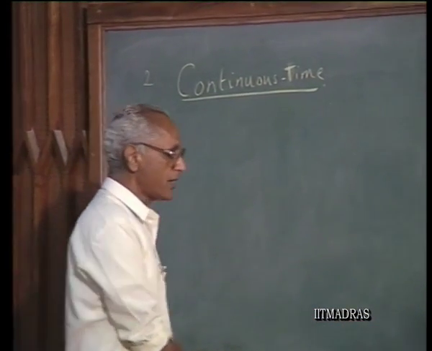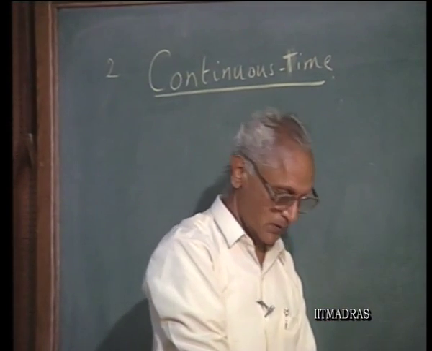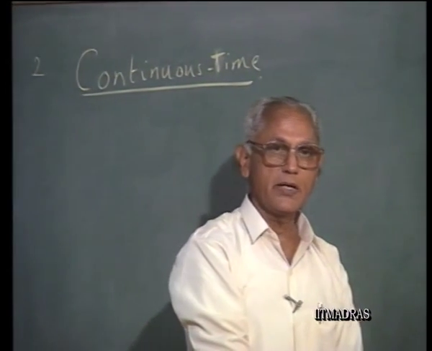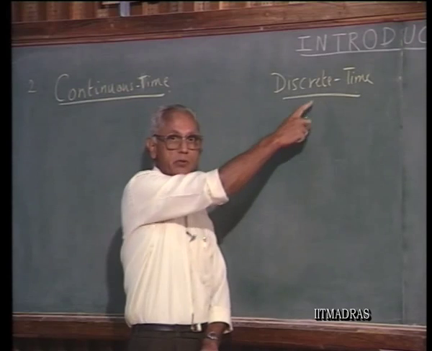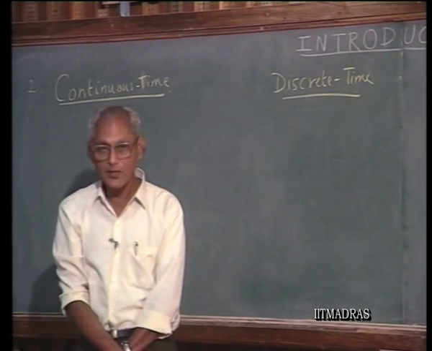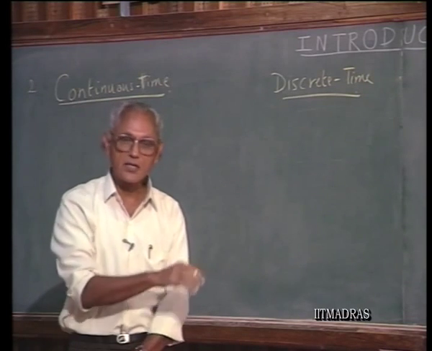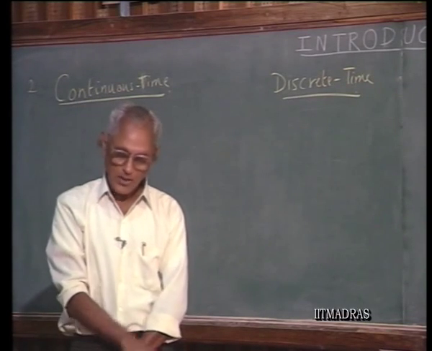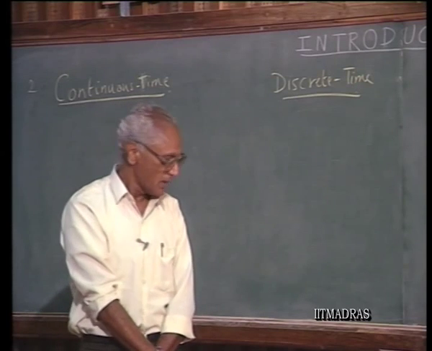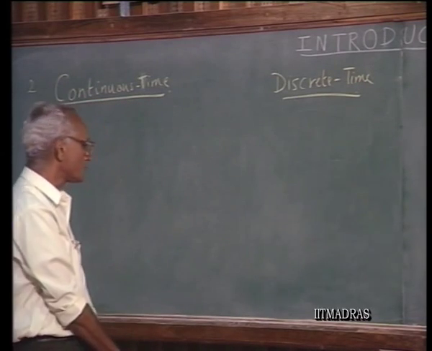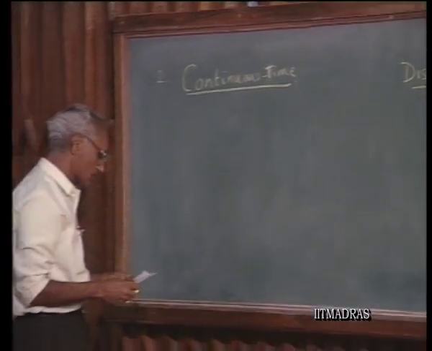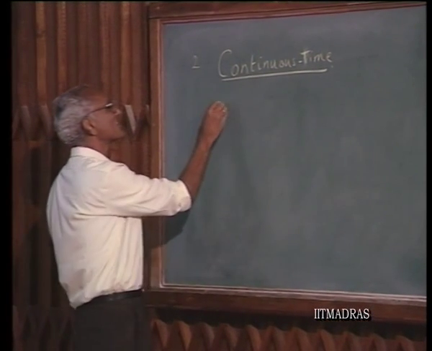Whereas in a discrete time system, you would have an input-output relation defined at particular discrete points along the time axis, not necessarily at every point of time. We will see the meaning of this in a clearer fashion as we go along. So let us talk about a continuous time system. An example of a continuous time system,